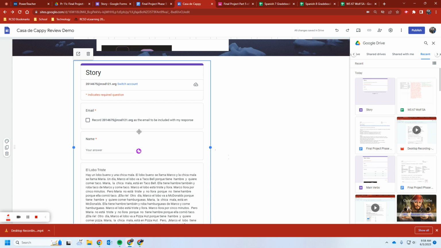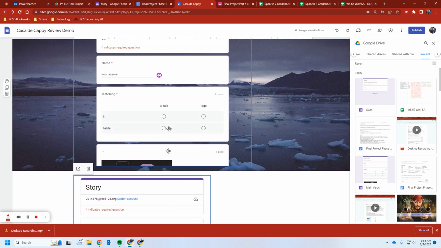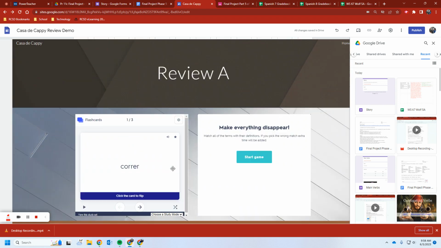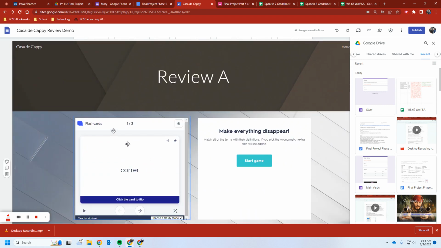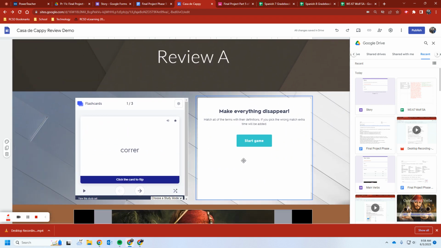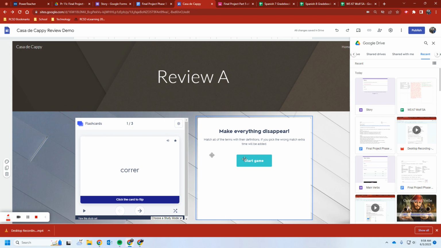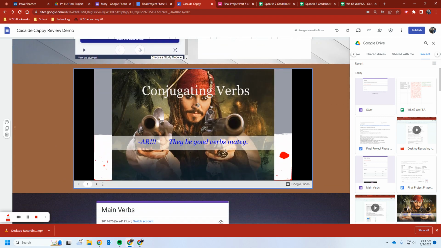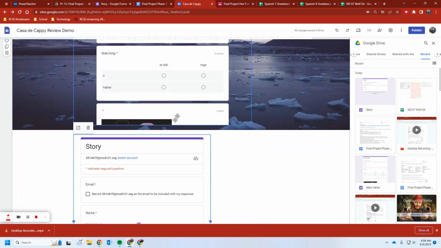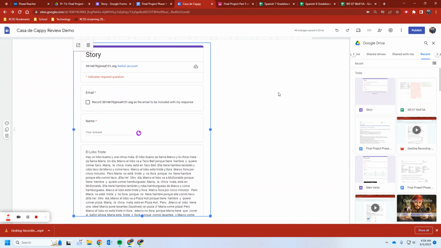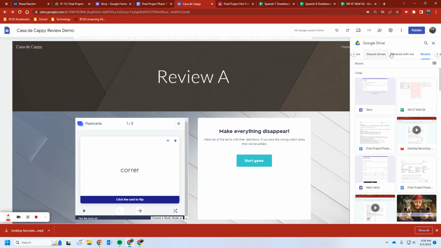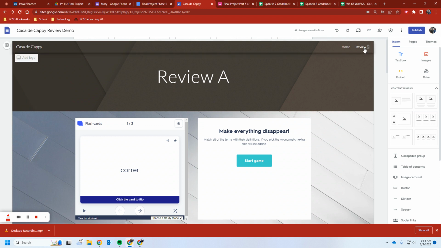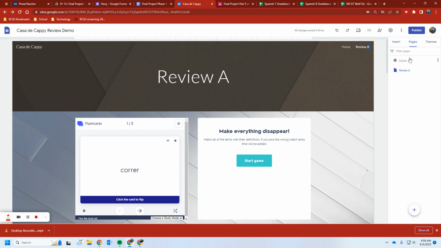You can, for extra credit, do a second unit where you add 15 other verbs that you've already done and go back through and do all the same things over again. You make a set of flashcards for it, you make the match game, you create a conjugated verbs thing for it, and then you do the quiz and the story again. All right, if you do that, the only thing you have to make sure you do is that you do want to add a page. So we go to Pages, and you add a second page, Review B,